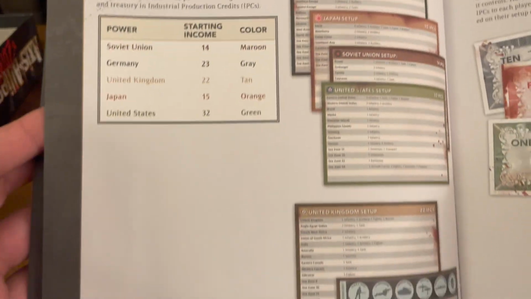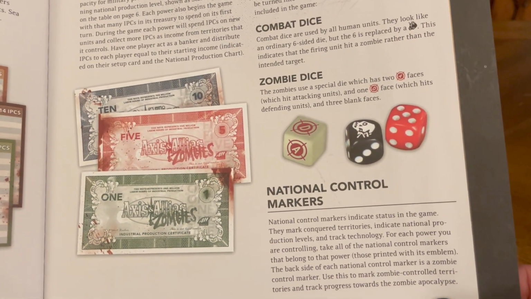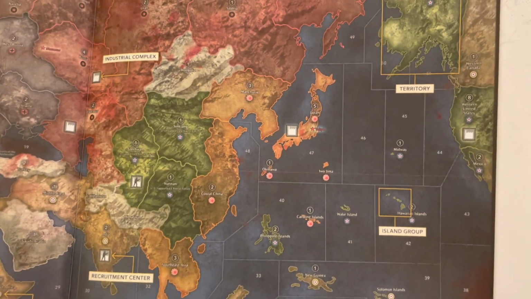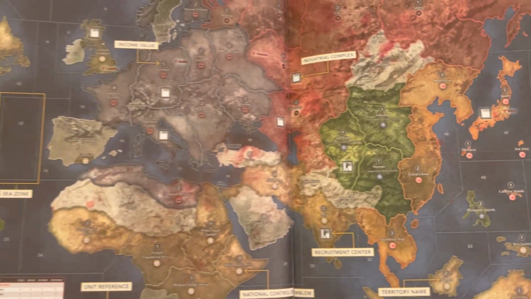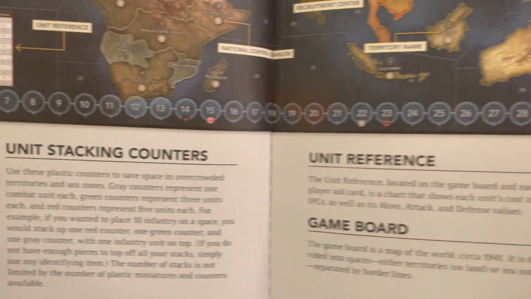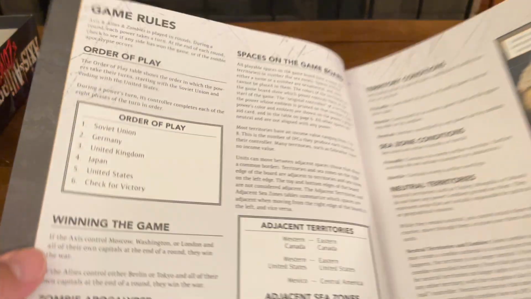Combat forces, player aids. Industrial production credits, battle board and dice, combat dice, zombie dice. National control markers. There's a photo of the actual game board, which is really, really nice. It's a large board, so. We got national production chart, unit stacking counters, unit reference, game board, zombie units,